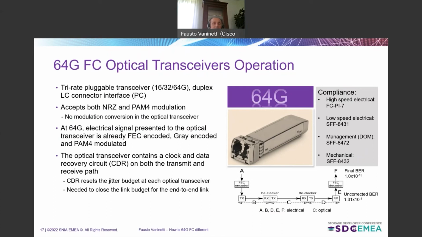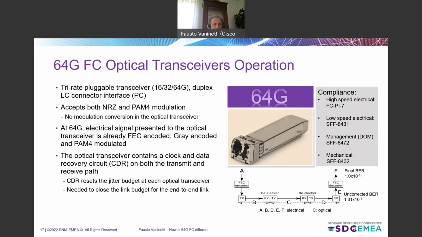The transceiver itself is expecting to receive an electrical signal that already includes gray coding, FEC encoding, and the proper modulation. So there is no transit of modulation schema happening on the transceiver itself. If the modulation needs to change from NRZ to PAM4, that will happen on the motherboard of the switch itself,